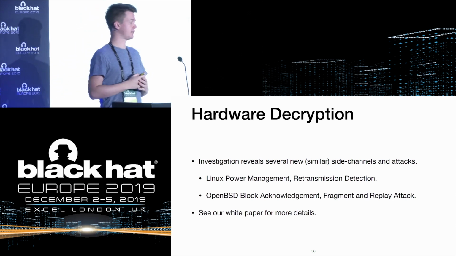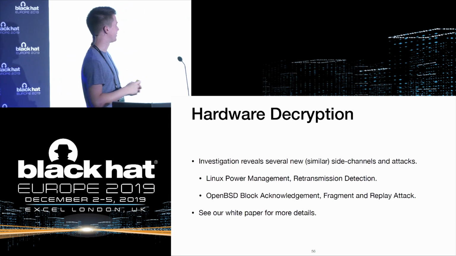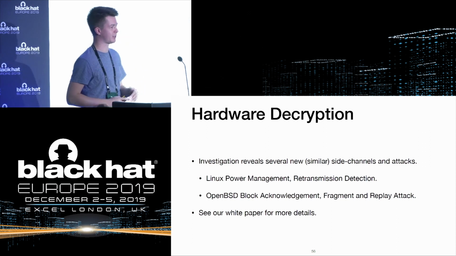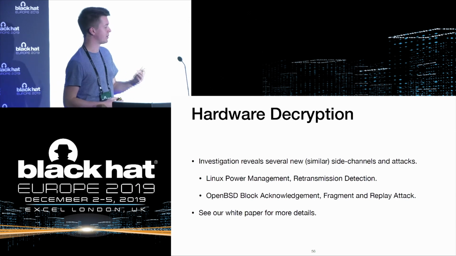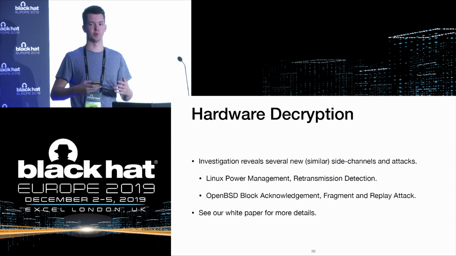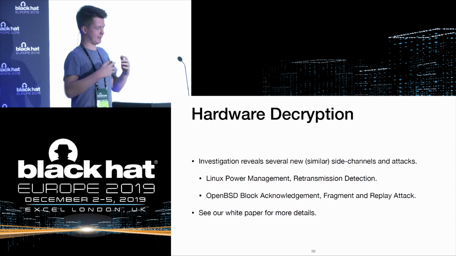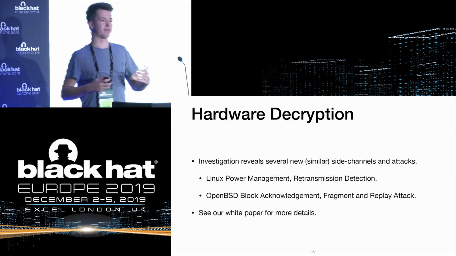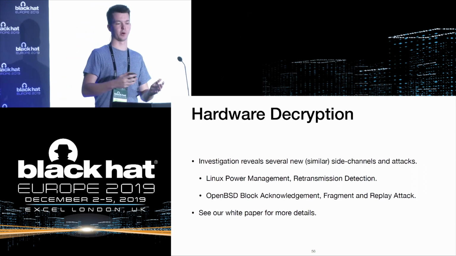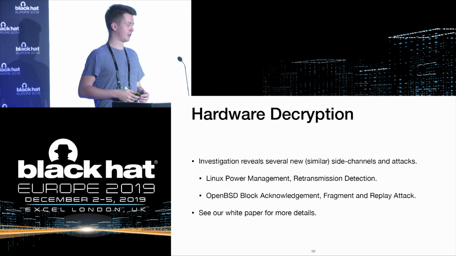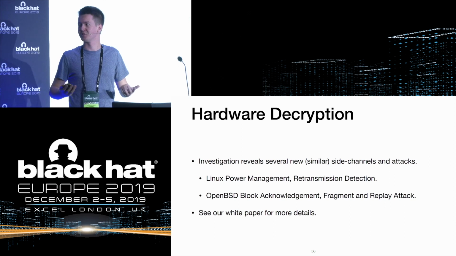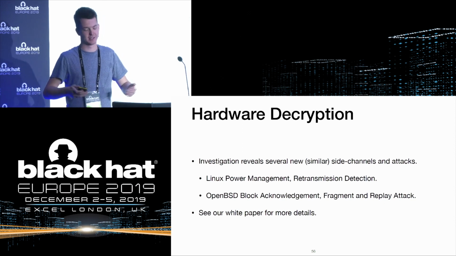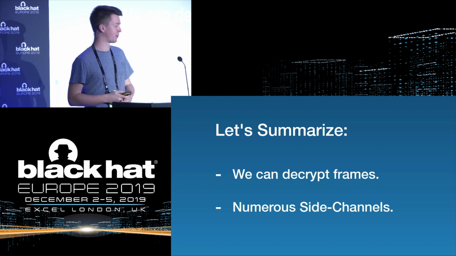And we found a bunch more of these, for which we do not have enough time to talk about today, but they are mentioned in the white paper that will be online tonight. There are also features like retransmission detection, block acknowledgement, and replay detection that can be leveraged to build more side channels. In every implementation that we looked at, we found some of these side channels. At least one worked against any of these implementations, which showed us that there's a lot of difficulty in making a secure implementation of TKIP, which is yet another reason to not use it anymore.